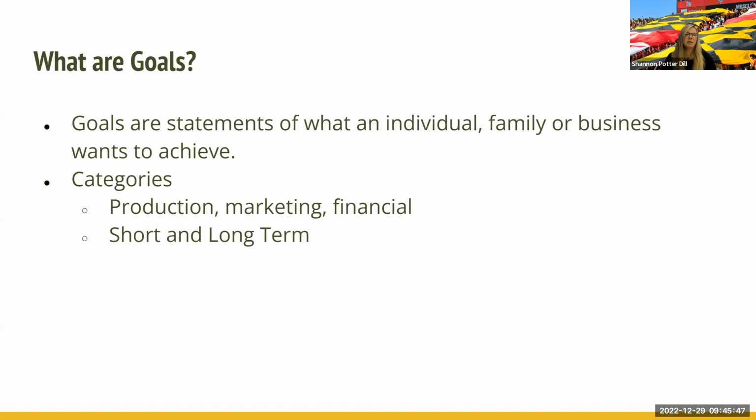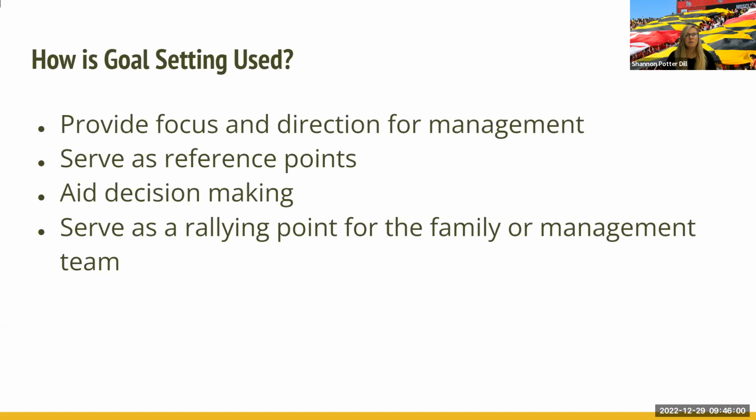So what are goals? Goals are statements of what an individual, family, or business wants to achieve. And there's a couple different categories: production, marketing, and financial. And there's short-term and long-term goals. Goals can be used to help provide focus